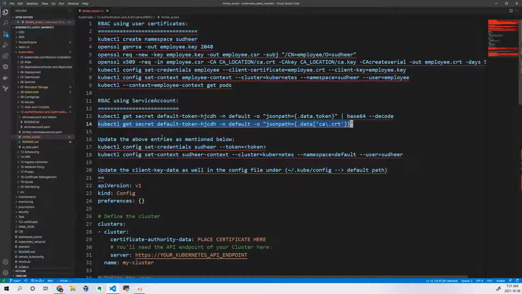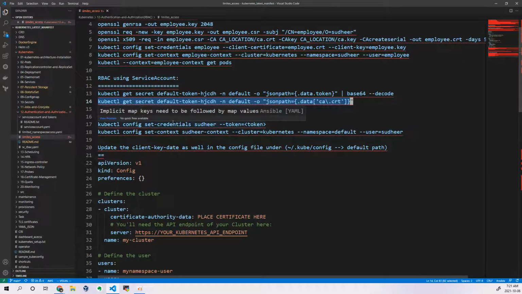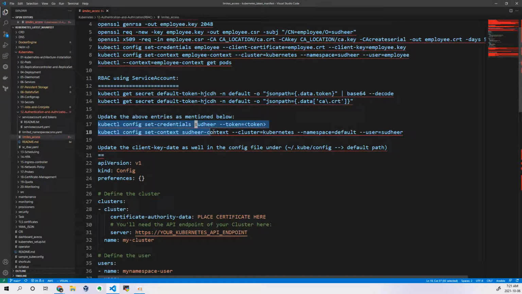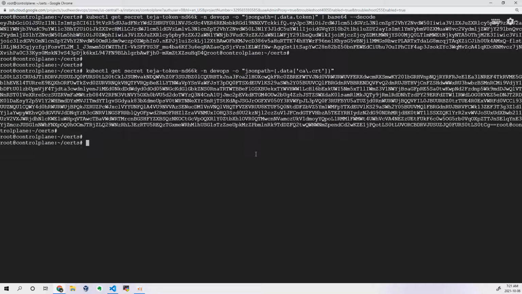Okay, so now how will you add the entries into your config file from the CLI? So simple it is. Just take this command. Let's modify according to our requirement. So now I just want to mention like,